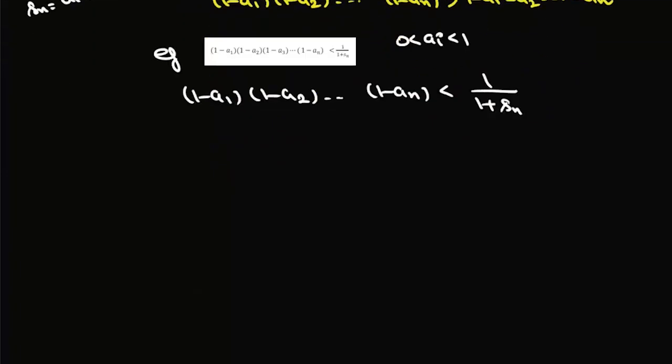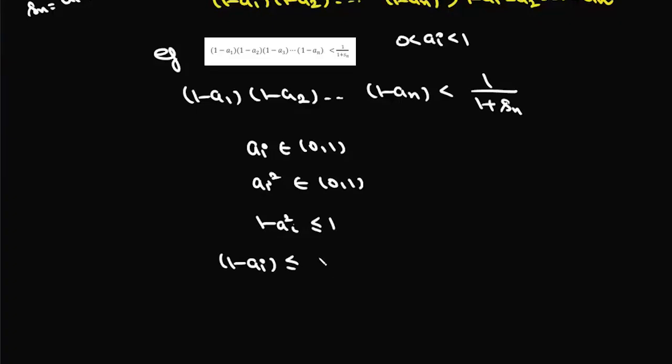Now to prove this, we know that any ai will lie between 0 and 1, then ai square will also lie between 0 and 1, and 1 minus ai square will be less than or equal to 1. So from here we can write 1 minus ai will be less than or equal to 1 upon 1 plus ai. Now if we take this product over all i,